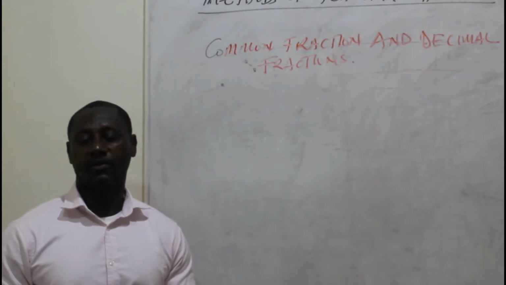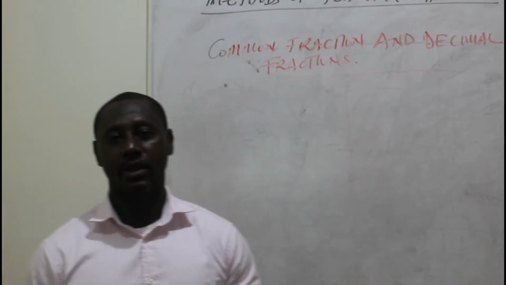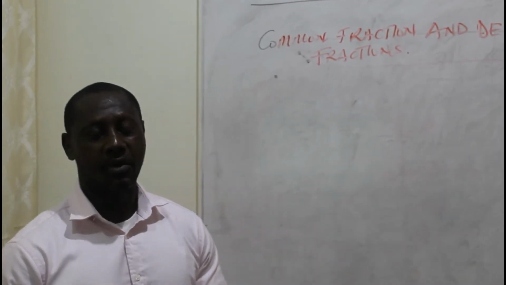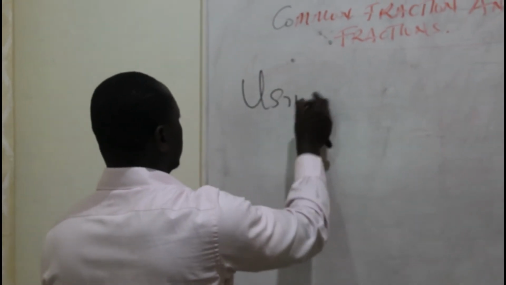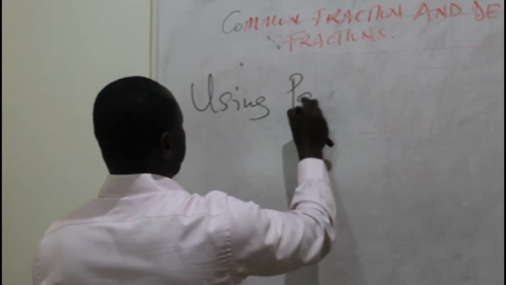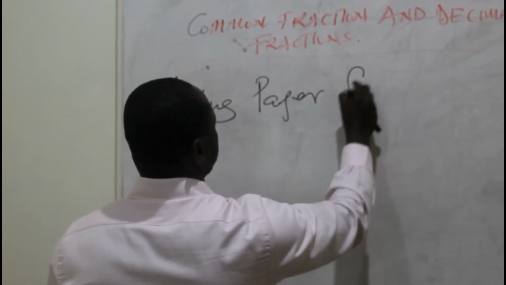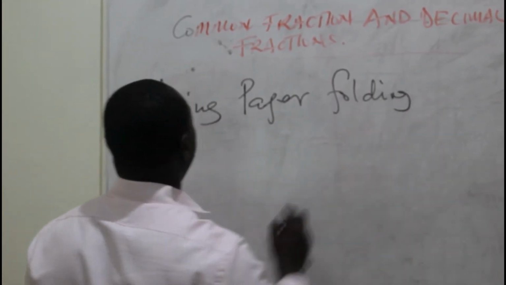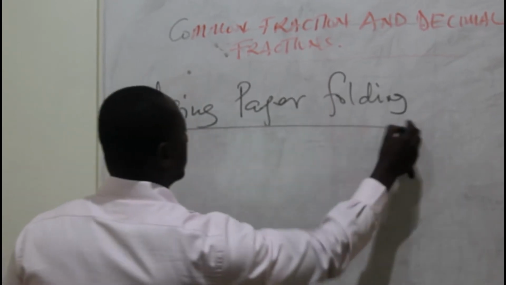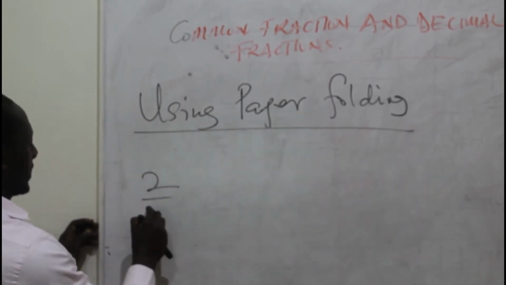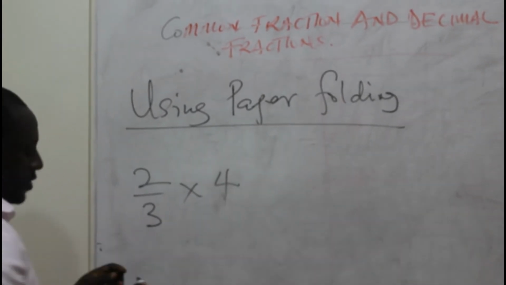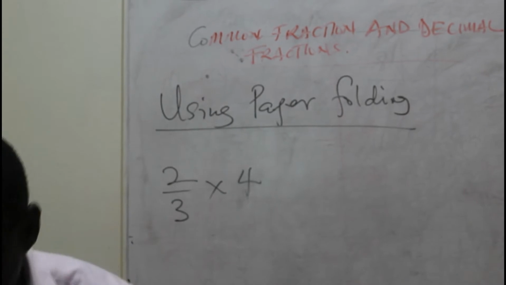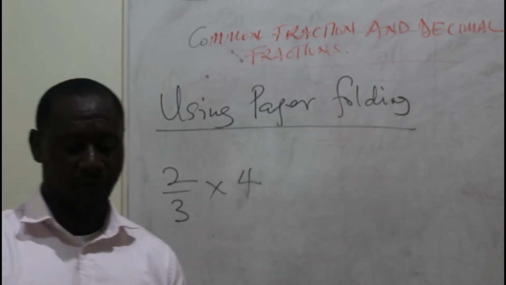Now we are done with how we can use the number line to model multiplying a fraction by a whole number. Now I want us to use paper folding. We are going to use paper, and we are going to use it to demonstrate how we can model 2/3 by 4. What it means is that we are going to have 4